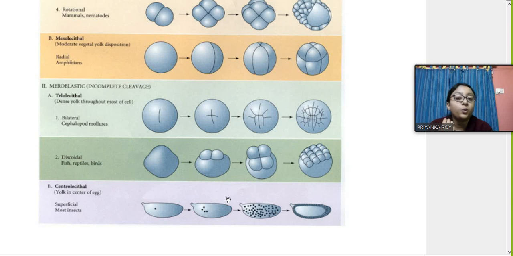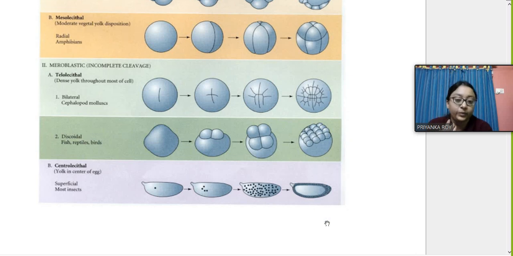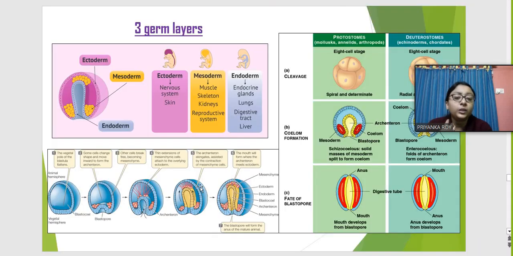Next is the centrolecithal, and like I have already said, it is called the superficial cleavage because the central part of the cell is the yolk, and therefore around this yolk there will be multiple nuclei formation and the cells will get arranged superficially around the yolk. So this kind of cleavage is called superficial cleavage. It is seen mostly in insects. So that is all for this part, and